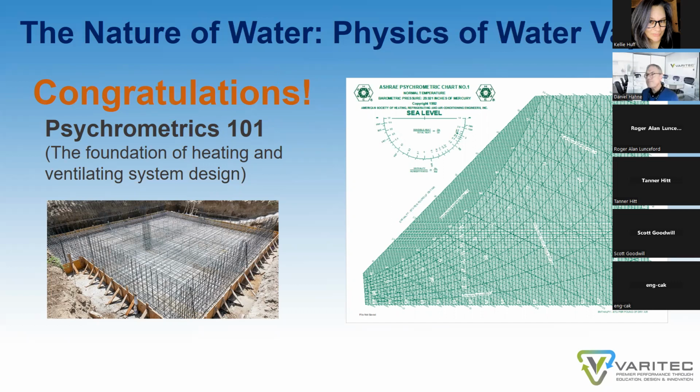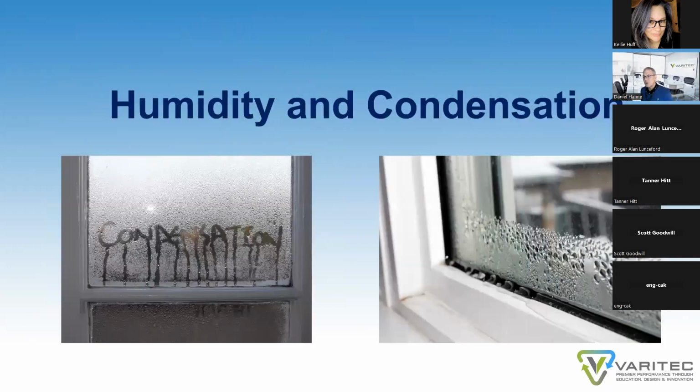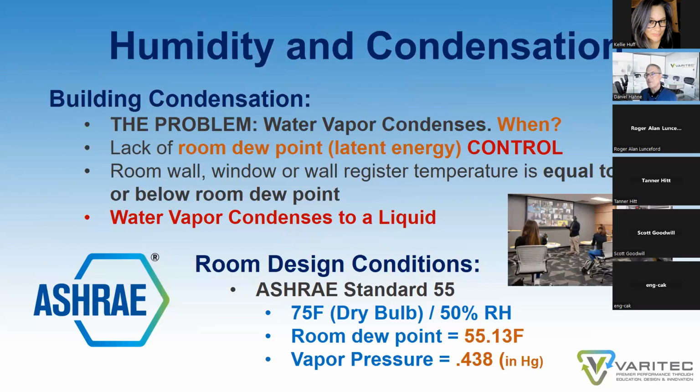So, what is the relationship between humidity and condensation in buildings? And why is it important to maintain and control humidity levels in a building? So let's look at a building. When does condensation occur? When we lose room dew point control. And this is very important to understand. When we lose room dew point control,